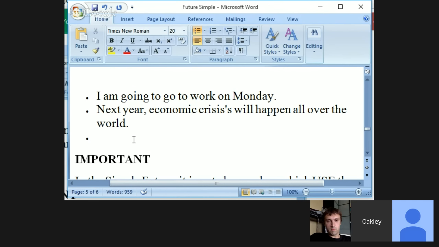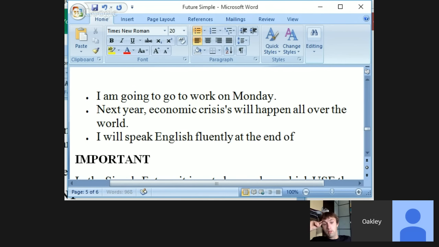I will can speak English fluently at the end of this year. Okay. The verb to be is, I mean, the future tense here is fine. Will speak. Okay. Obviously, making a prediction about the future. That's quite obvious. There's nothing wrong with this sentence, but